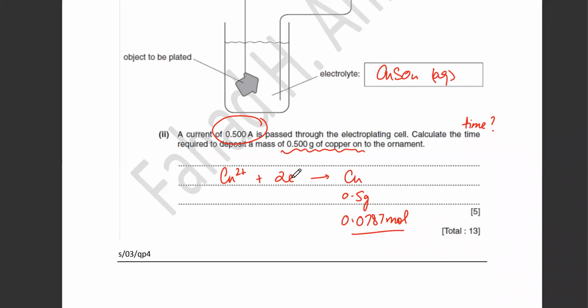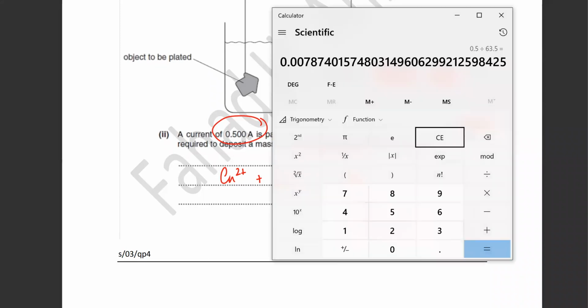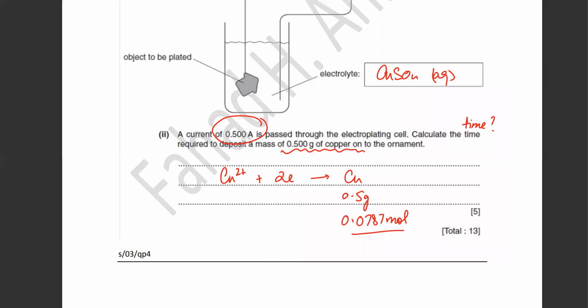The moles of the electrons are going to be double the amount. So let's find the moles of the electrons. It's going to be double the amount, so I'm going to multiply that by 2. And I get 0.0157. So I found the moles of electrons, 0.0157 moles. What can I do with that? I can use the Faraday constant. I know that 1 mole of electrons has a charge of 96,500 coulombs. So if I have 0.0157 moles of electrons,